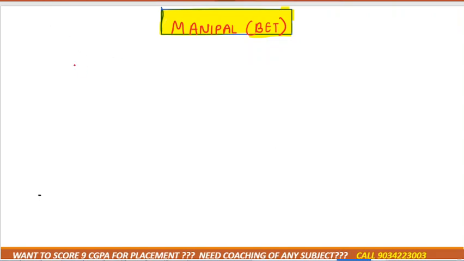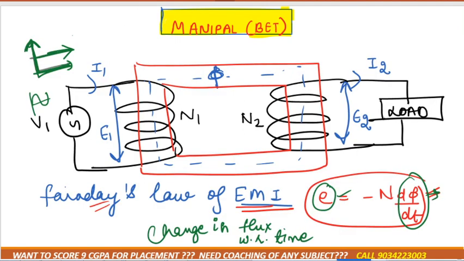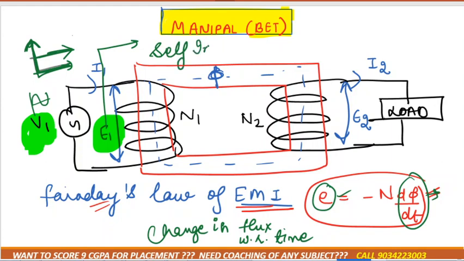Next, about the transformer only. As you know, the transformer works on Faraday's law of electromagnetic induction, that is E equal to minus N dφ by dt, right? So in this case, we should know how much EMF will be induced. If you are giving supply to the primary winding and EMF is induced in the primary winding only, then that kind of EMF is known as